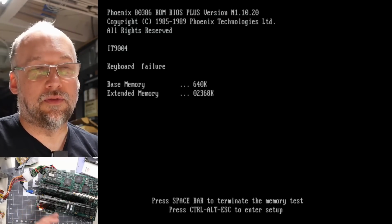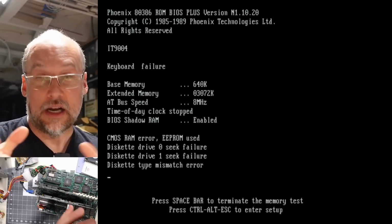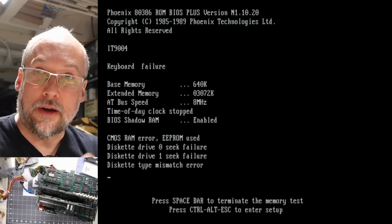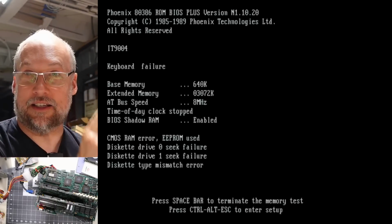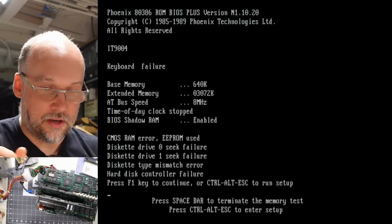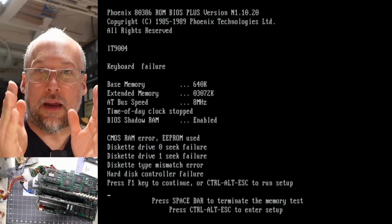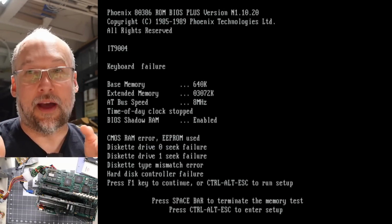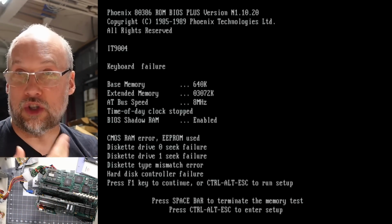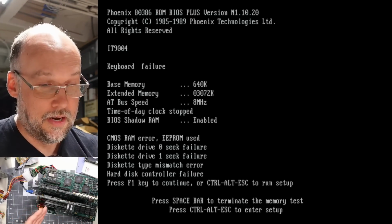So the reason why it's 640 plus 1 meg is that top part of the memory is shadow memory. So it's overlaid on top of that top 384K of RAM. With old 286s, you actually got that little piece of memory, that 384K, as extended memory, so it would be above the 1 meg barrier. But on the 386, because it supports remapping of memory, you know, virtual memory, stuff like that in the processor, they overlaid the 384K of RAM on top of that 384K upper memory space, which is usually used for ROMs and stuff like that. And that allows you to shadow your ROM BIOS into the RAM, and the RAM is much faster than the ROM,